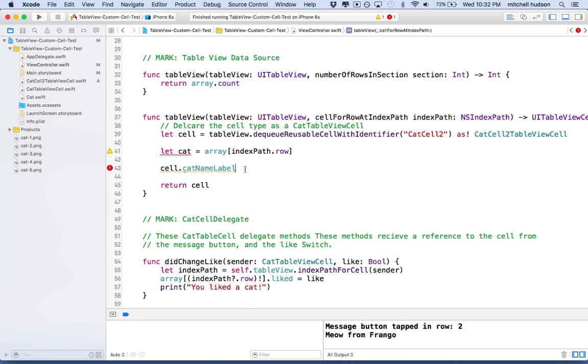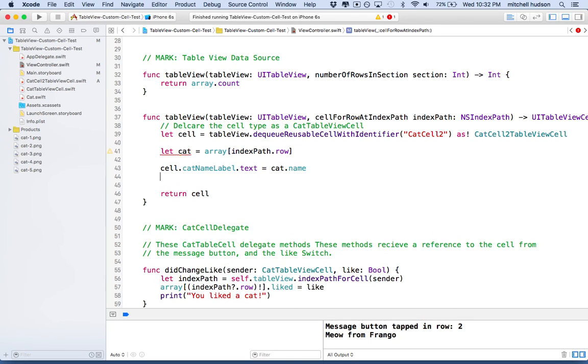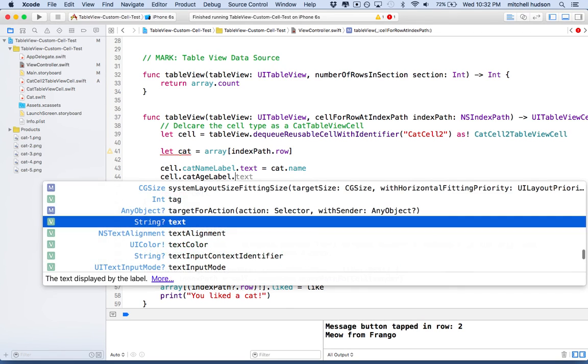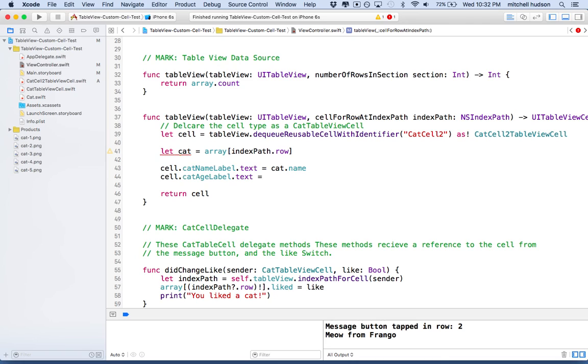And then, since this is a label, we can set its text properties. We can say text equals cat.name, right? And then we can say cell dot age, or it's cat age, right? So we'll say catAgeLabel.text, and we can say this equals cat.age, and age is